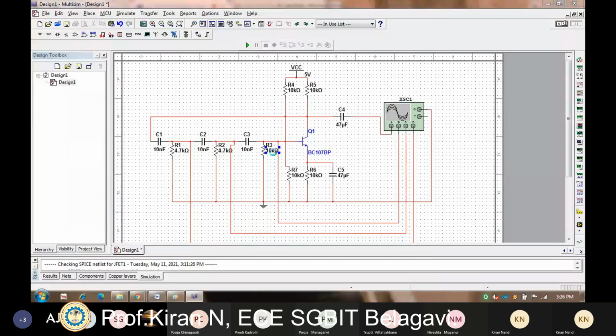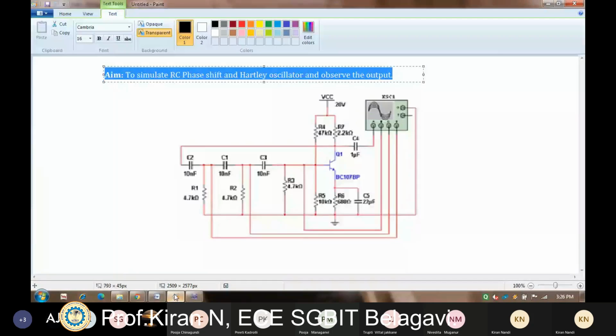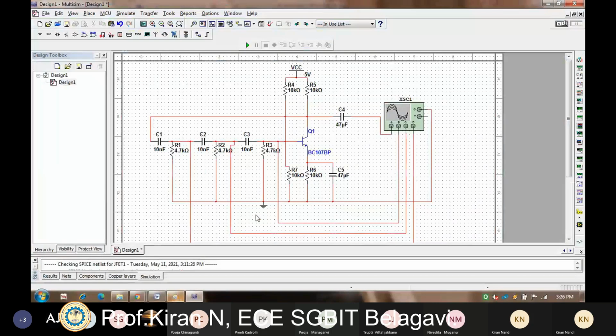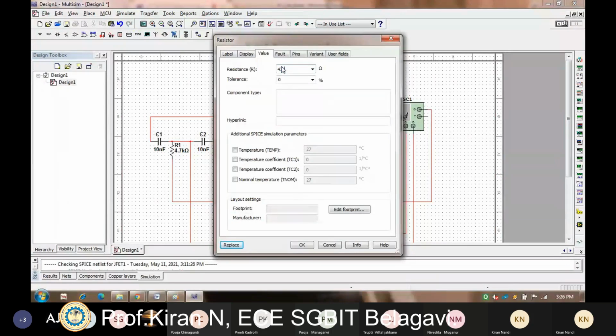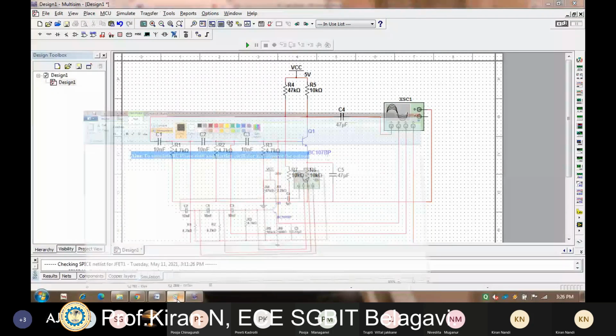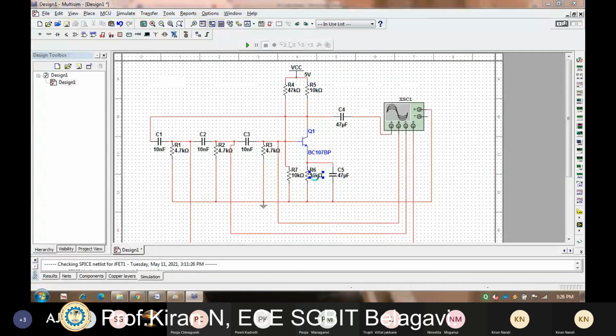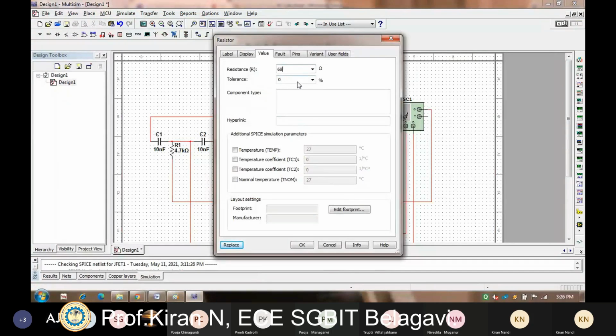So this also I'll change it to 4.7 kilo ohms. Okay. Then this is 47 kilo ohms. And one more resistance is there. This is 10K. And this is 680 ohms.